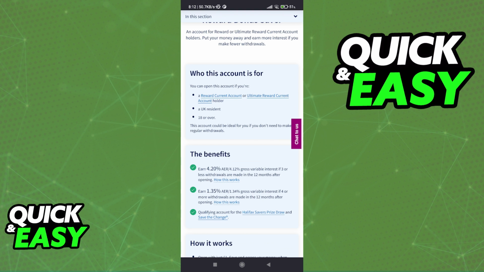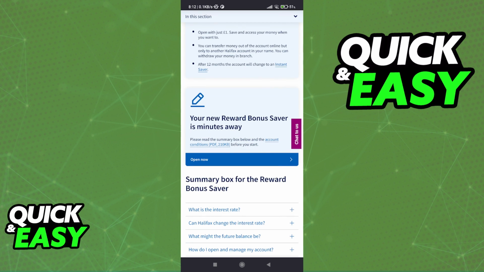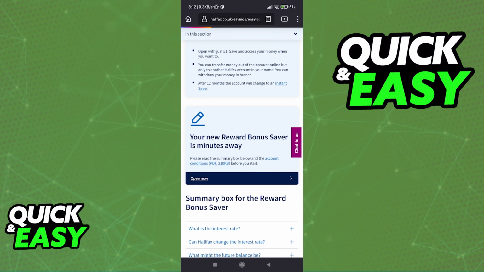Once again, you have all the eligibility, all the requirements, and all the benefits listed here if you want to go over them again. But all you have to do to actually open the account is scroll down and you will find this text: "Your new account is minutes away." Tap Open Now after you read through all of the instructions and this PDF file containing the terms and conditions,